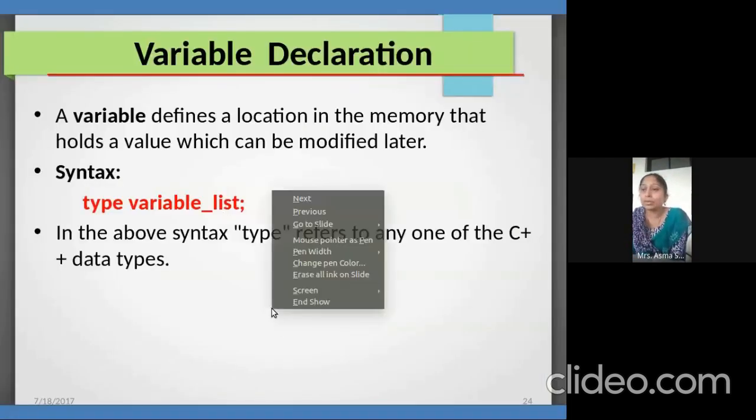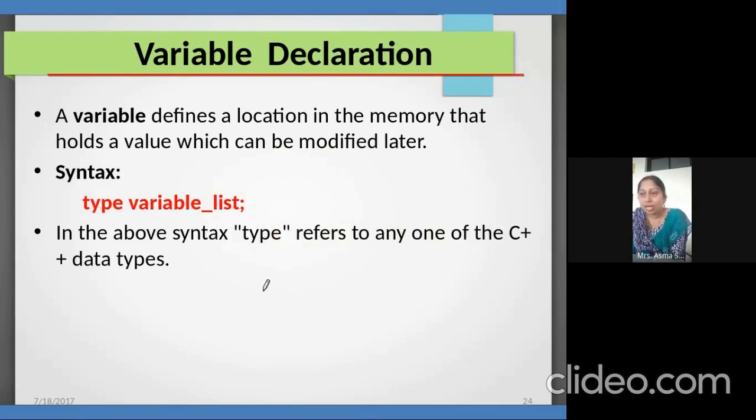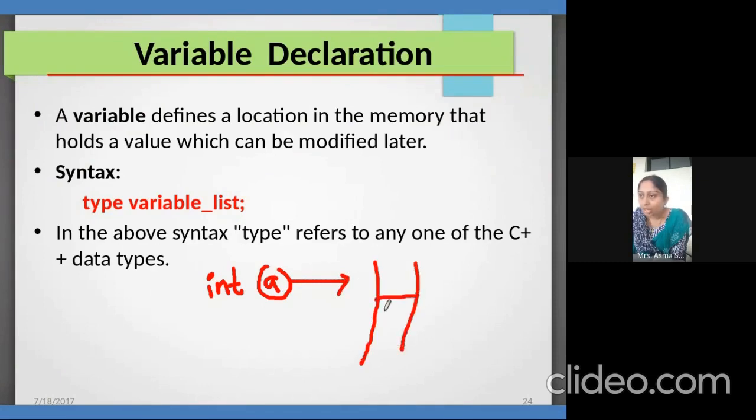As I told you, when I allocate an integer a, like our integer number 1, here instead of a we have written number 1. What happened is that memory is allocated, and at that place whatever value we have, that value is what we get when I write this cout. We are getting the garbage value because we have declared the variable but still not assigned any value to a. That is the issue over here.